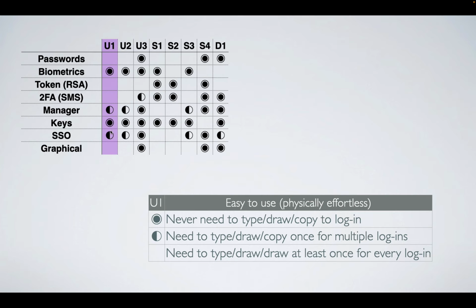Managers and single sign-on, I gave half a dot because you usually have to sign in once to unlock it or to log into Facebook. But then once you're logged in once, then it's okay. And then everything else is one password or password plus authentication token per account. Okay. And because I did a good job of really crisply defining what it means to get a full dot, a half dot, or no dot, it's more or less obvious why a system gets a dot or not.